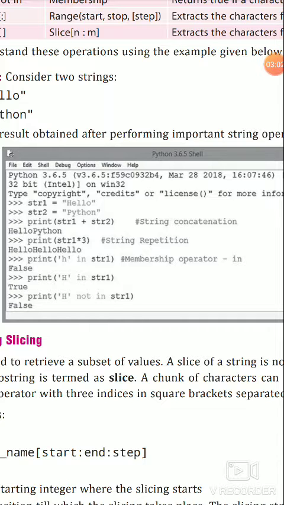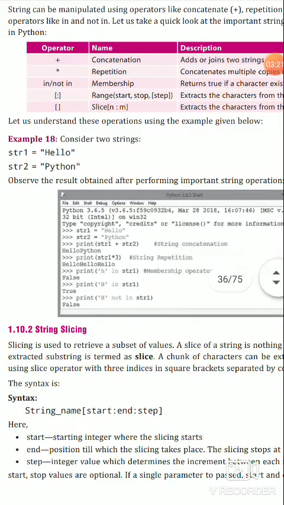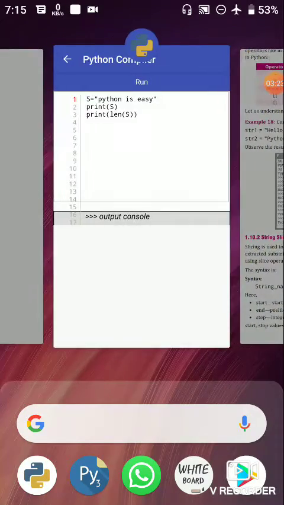Here if we try to find the lowercase h in str1, it gives false. But if we try to find capital H in str1, it gives true. So let's run some codes and try to understand through our compiler.